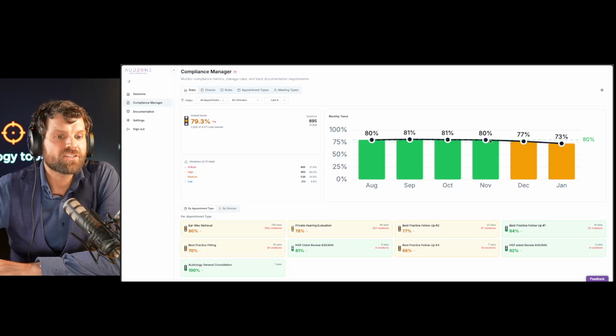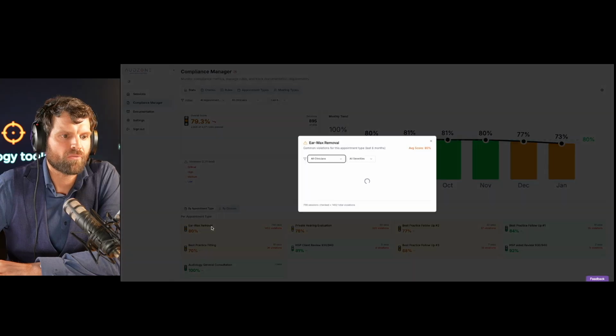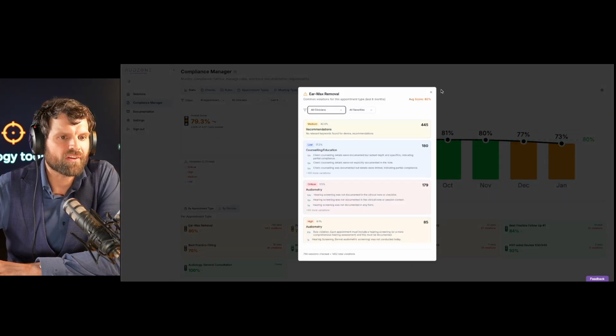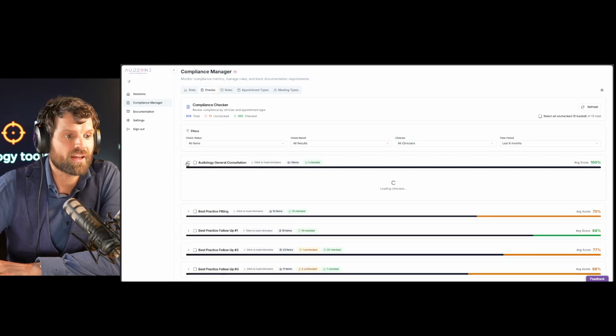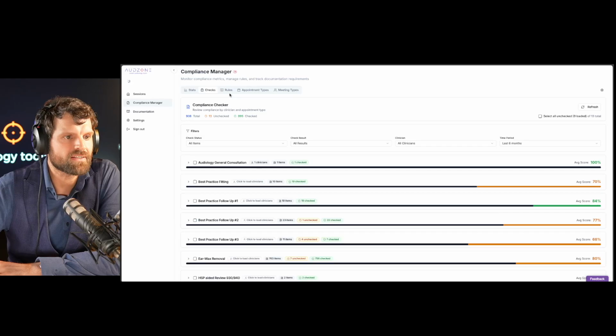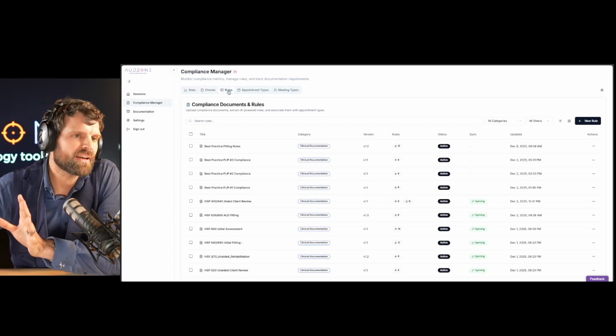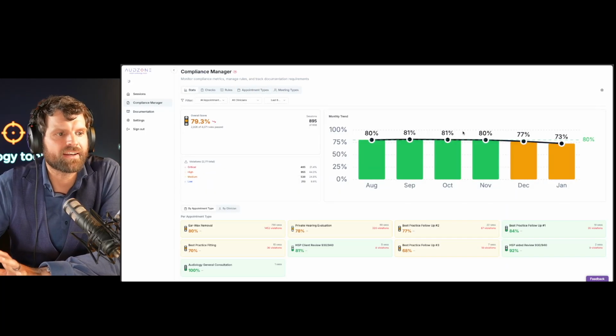You can see this is the overall compliance against all clinicians and against all notes. But down the bottom here, you can see, for example, for wax removals, what are the particular issues there. You can run all the checks here and see that for each clinician on an appointment basis. The rules are here. We'll get into that later. But you can see according to appointment types which ones have compliance checks associated with it. Look, let's not get too deep into this right now because this is really for another video. But this is a great tool